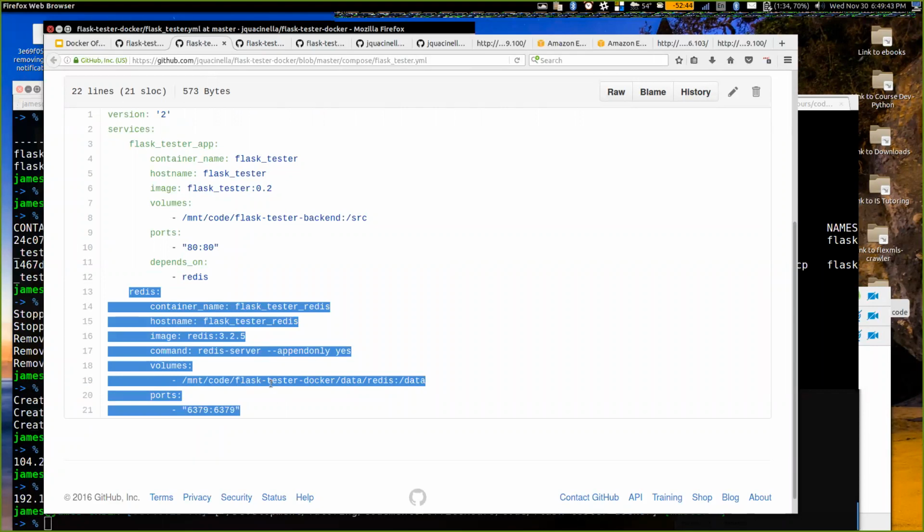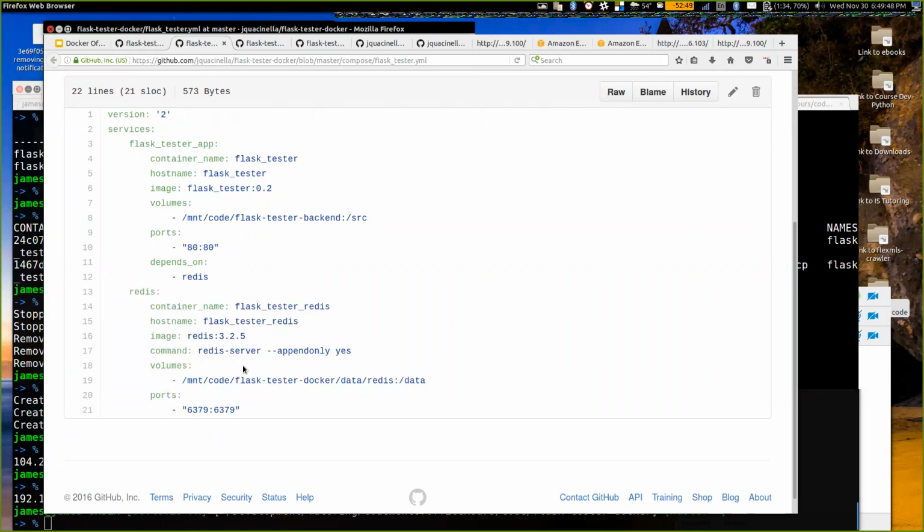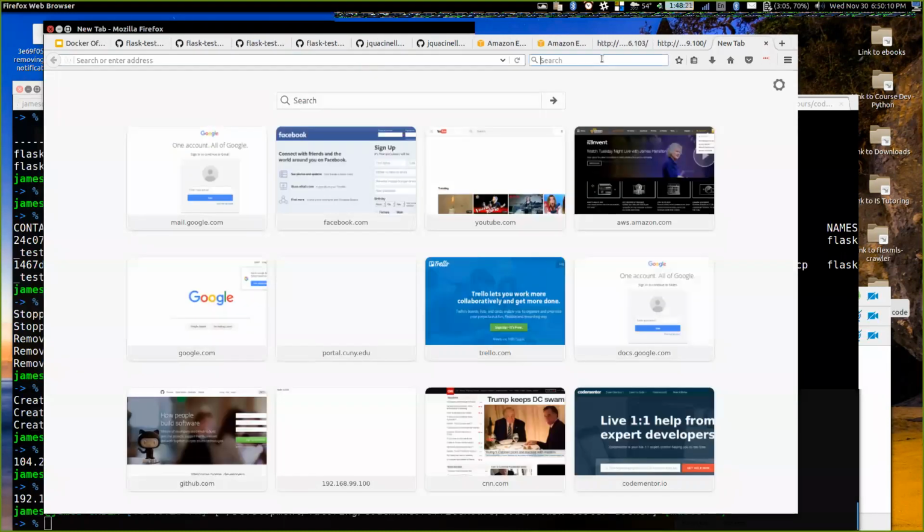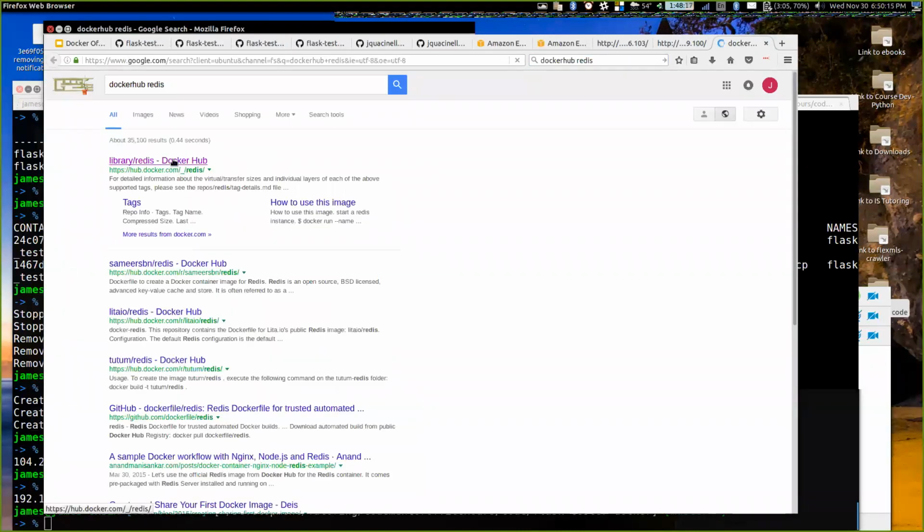Well, where did I get this image from? Where did I get this container from? I didn't create a new image. Where this is coming from is a thing called Docker Hub. If you remember back from one of the previous slides, I introduced this notion of a registry, which is a third party or independent service that can store my images for me. Now, in this case, I'm using a thing called Docker Hub, which is provided for me by the people who created Docker. So it's a public registry at the end of the day,